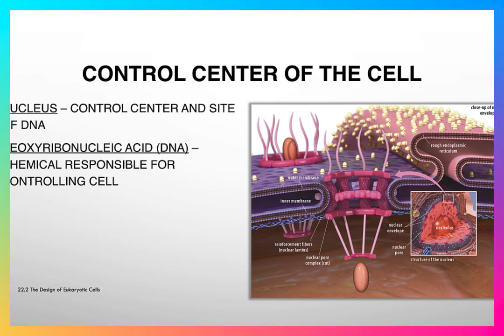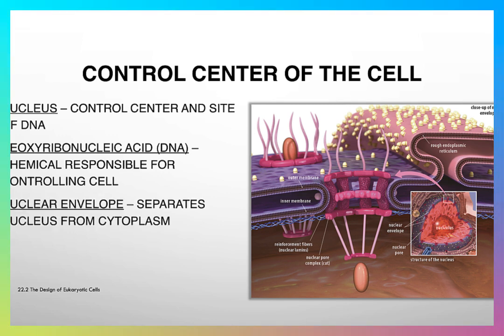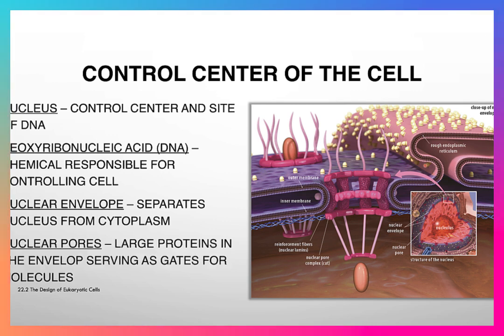And in this area you can see the nucleus is here in the middle, and these nuclear pores are right here and here. That's what's shown in this area here. And then around on the outside there are ribosomes studded on the outside of the nuclear membrane as well. I'll talk about the nucleus in a second. The nuclear envelope is this area that separates the nucleus from the cytoplasm. And as I said, these nuclear pores, which are shown here, are responsible for allowing the proteins to move inside